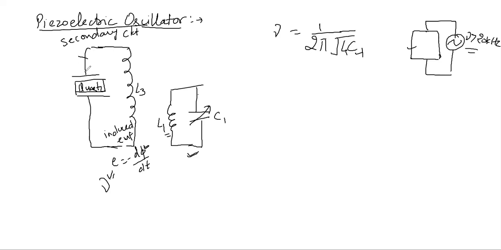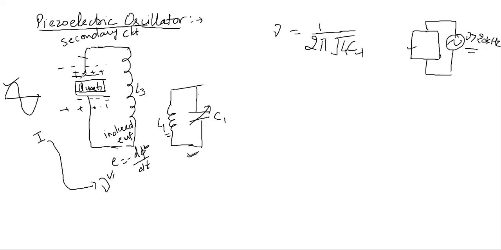In the secondary circuit, what would happen? Current will start to flow. Now the current that flows in it will also be a time varying current, which will have the same frequency as the frequency of the induced EMF. Because of which what would happen? One time the plate here will get positive, another time this one will get negative. Next time in that cycle, if your current comes like this, let's say first time it is positive here and negative here, when your cycle reverses then it will be negative here and positive here. So now you are applying a voltage on it